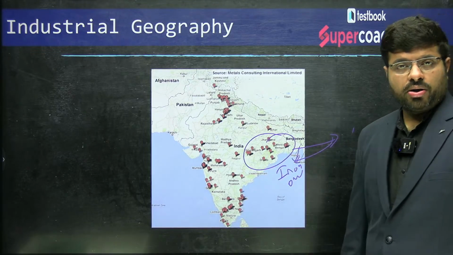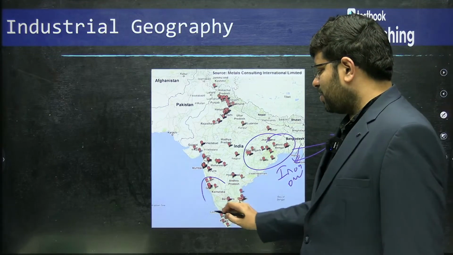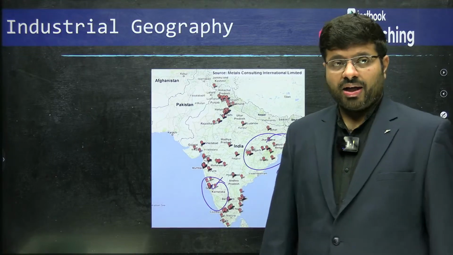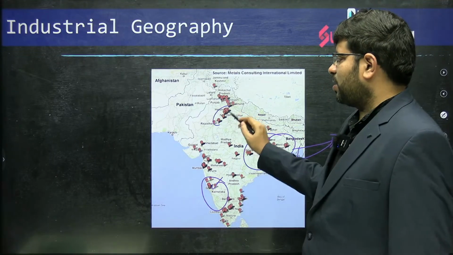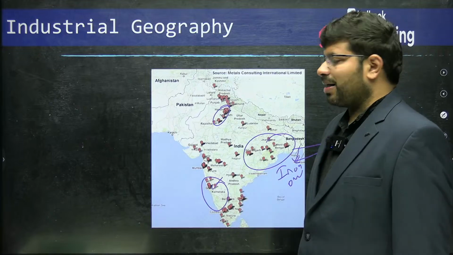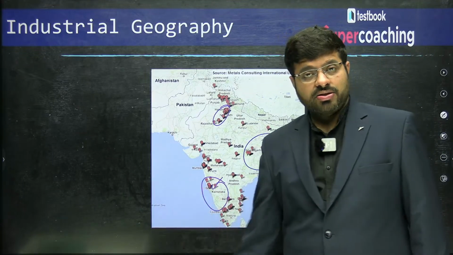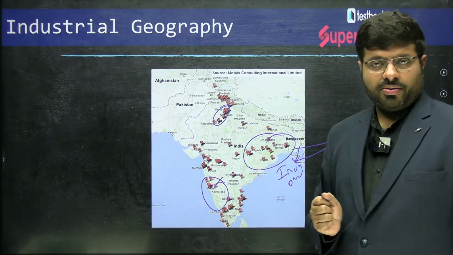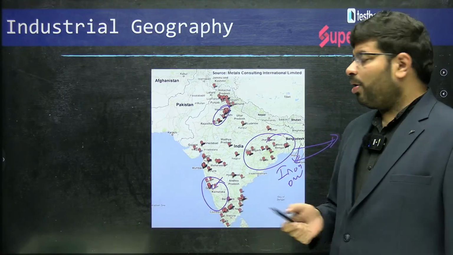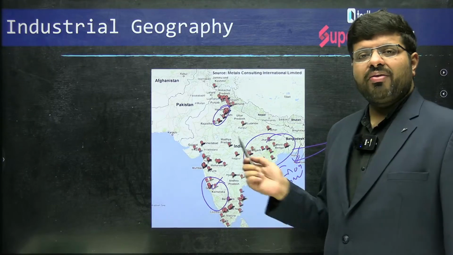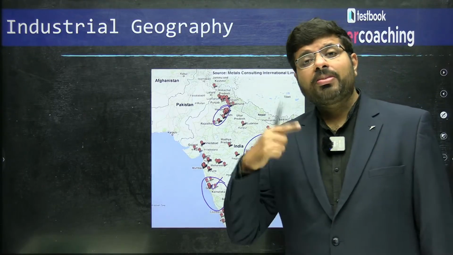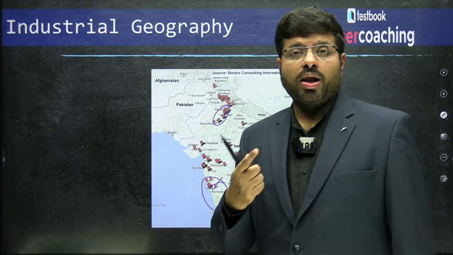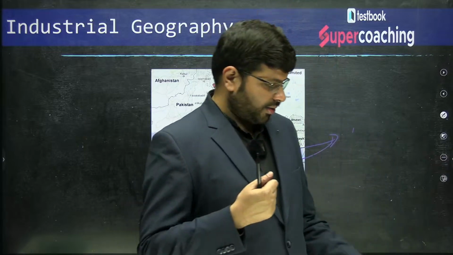Availability of iron ore. Similarly, the Kemmangundi mines, Goa, Karnataka, are decent centers of iron ore availability. Of course, there are other factors why iron centers are also located in big cities like Delhi. There is a technological change to it, but generally integrated steel plants like Bhilai, Rourkela, Jamshedpur, all these are located here because of the availability of iron ore. And another major raw material for the iron and steel industry is coal, right? Moving forward,